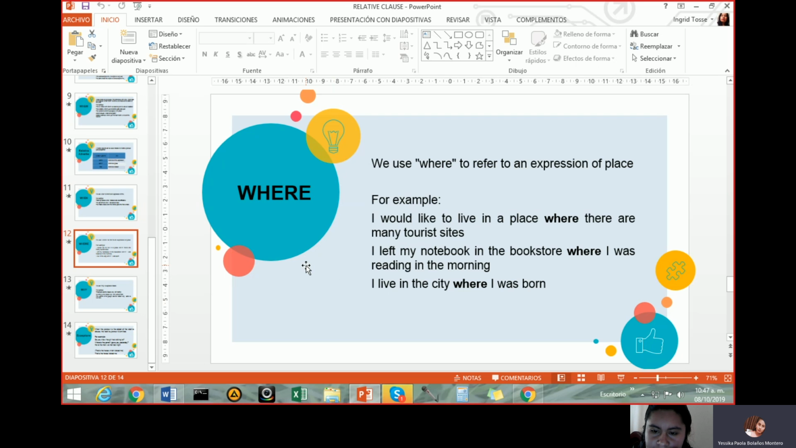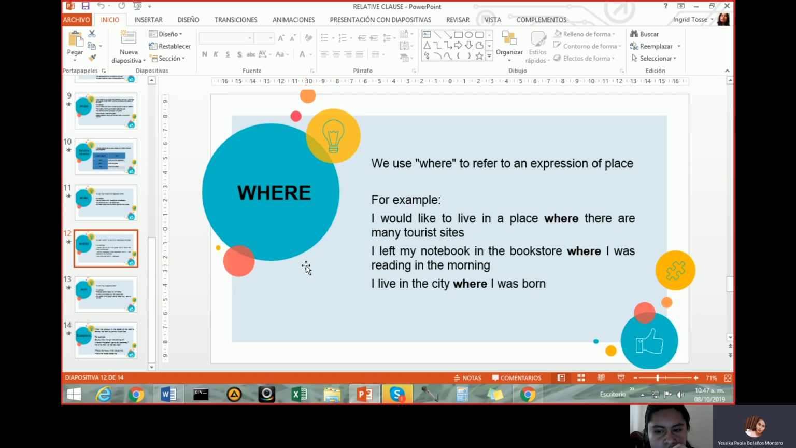Okay, teacher. I left my notebook in the bookstore where I was reading in the morning. Yo dejé mi libro en la tienda de libros donde yo estaba leyendo en la mañana. Okay, in this case, we can apply that word because it explains that the subject forgot their book in the bookstore. For that reason it is "where," because it speaks about the bookstore, the place. Okay, teacher. And finally,